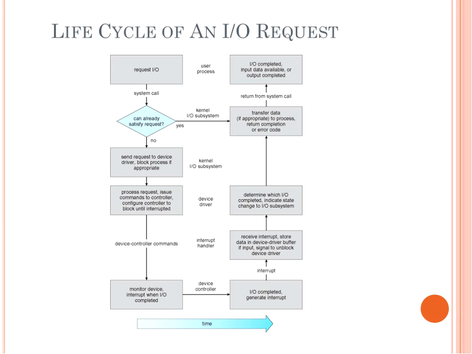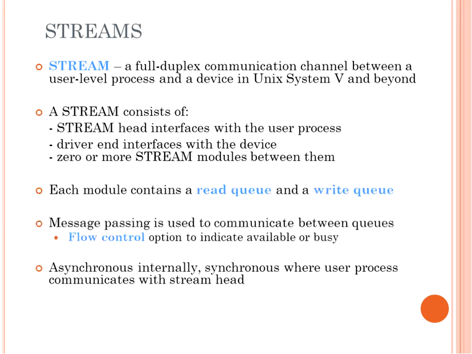Okay, life cycle of an input-output request. Do you understand this? Again, it goes back to what you already know, kind of refreshing your memory on process requests. So do know the different aspects of this. Streams. What is a stream? Again, it's how things are transmitted. Do you know those terms? We're talking about characters or blocks. We talk about synchronous, asynchronous. Do you know all this terminology?